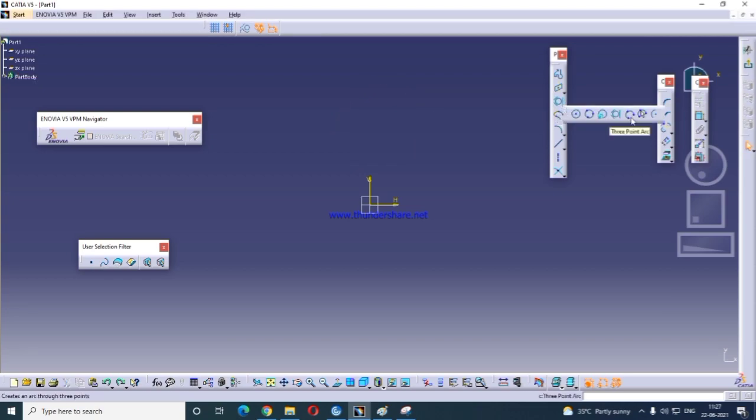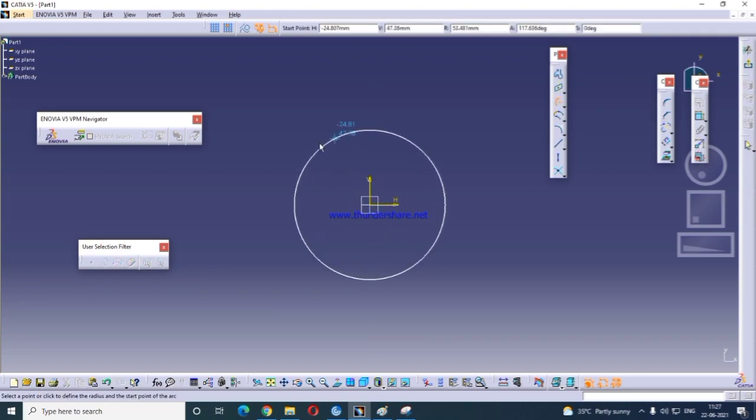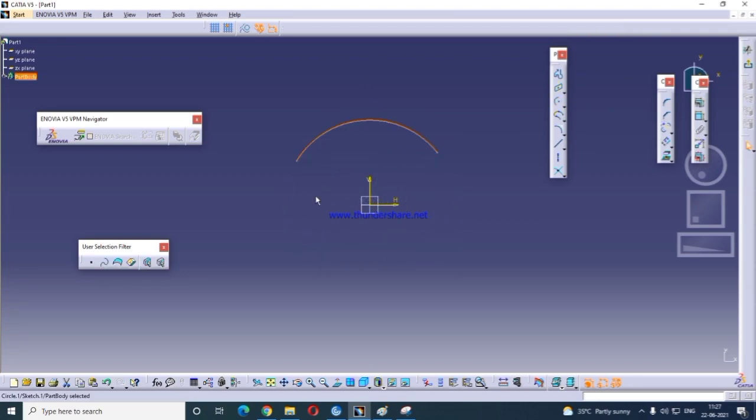Next, 3 Point Arc. By clicking the 3 points, it will create the arc. This is 3 Point Arc Starting With Limits. The limit will take how much you want to limit. Arc, by using the center you create the arc.